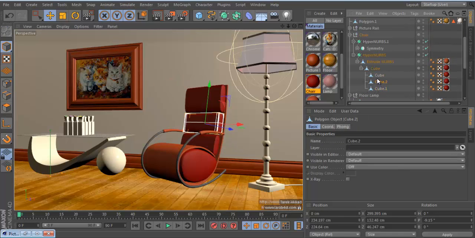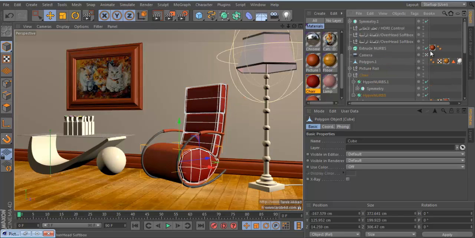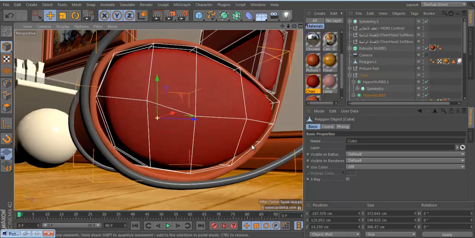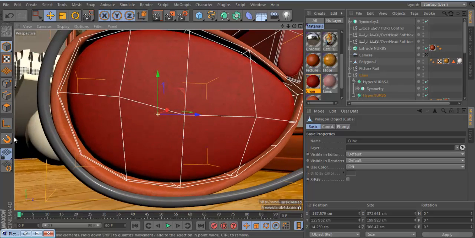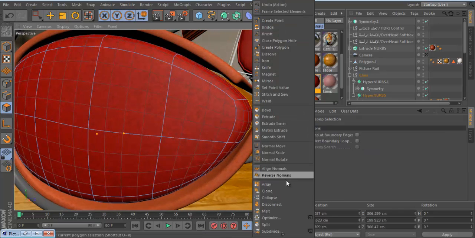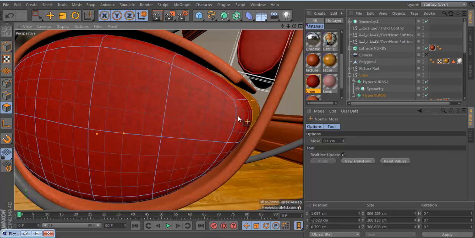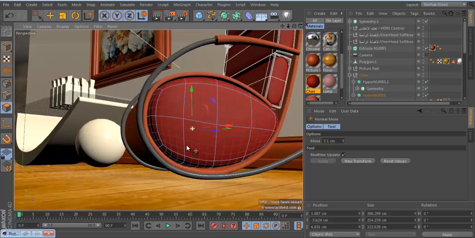That would be very fast. I'll do it. Actually, it's not need too much, but just select this all and normal move. Yeah. So